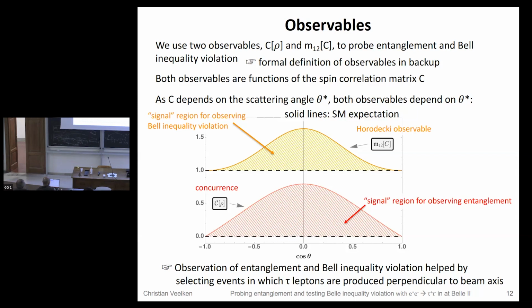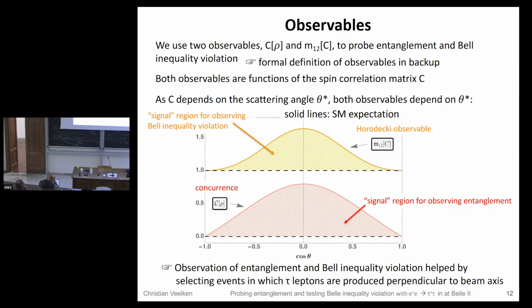In the top talks, this was this CHSH inequality. It's the same variable as the sum of the 2 largest eigenvalues of the matrix C transpose times C. The only difference is that we don't take the square root. So that's why you see values that are larger than square root of 2. For us, it can go up to 2. The threshold for observing entanglement is if you observe a value of the concurrence that is greater than 0. And the threshold for observing Bell inequality violation is a value above the threshold of 1. So for the threshold, taking square root or not doesn't matter.